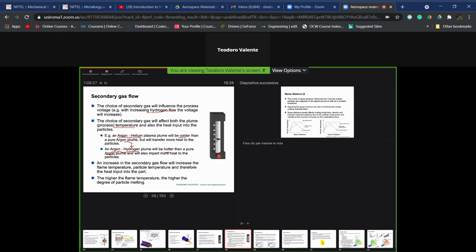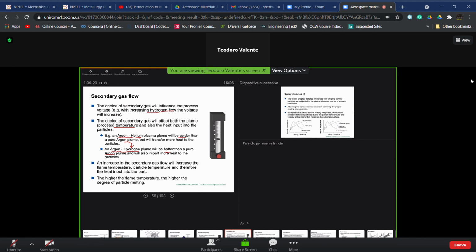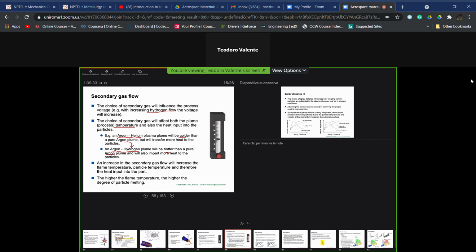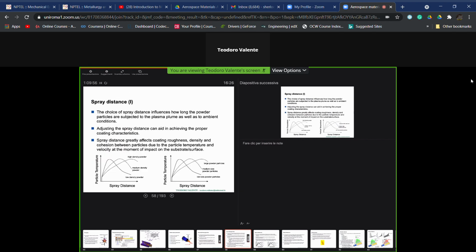Our TBCs are made by using hydrogen as a secondary plasma gas, because this allows us to reach the highest temperature values that I showed you before, and thus to better control the melting process of the particles itself. Why? It's written again here, because the higher the flame temperature, the higher the degree of particle melting. The spray distance,